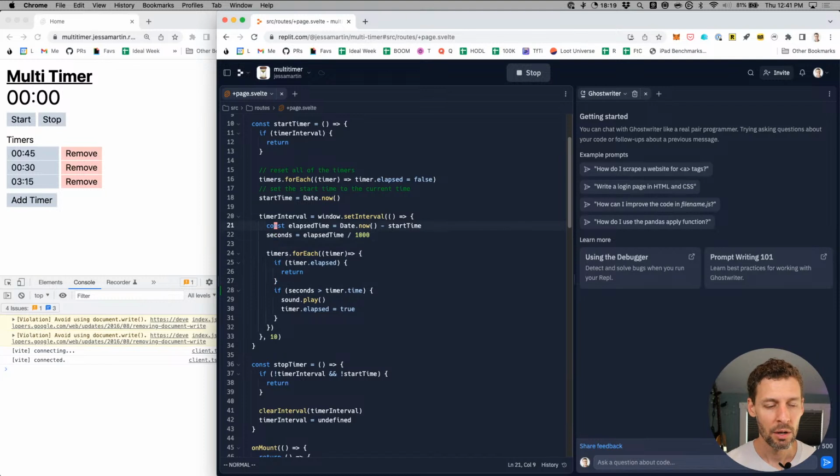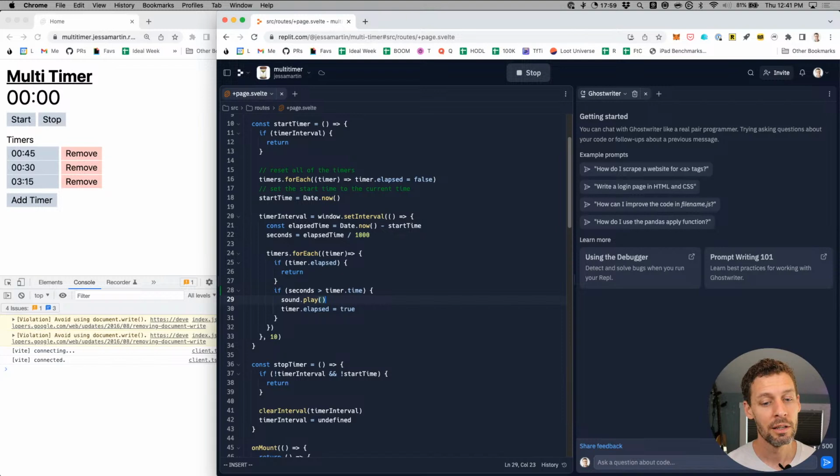Interesting. This may become more apparent when we have a timer that plays over time. So the real question is, well, a couple things. One, how do you loop the sound?